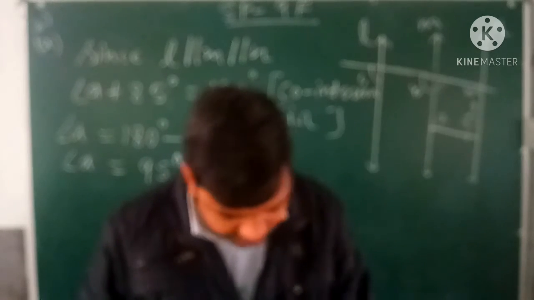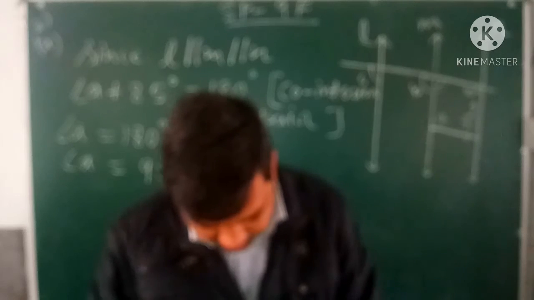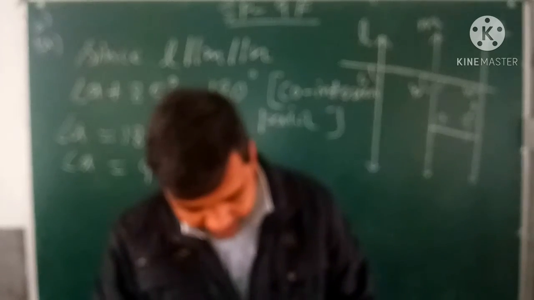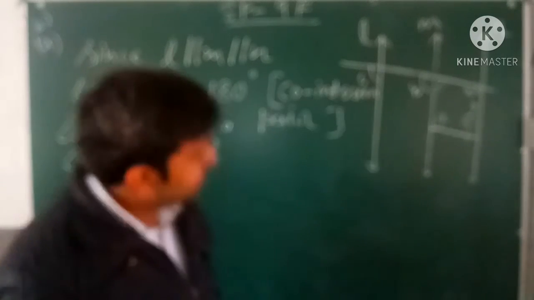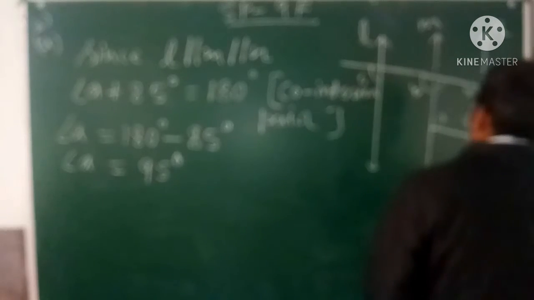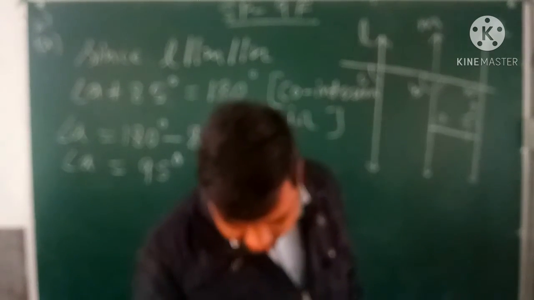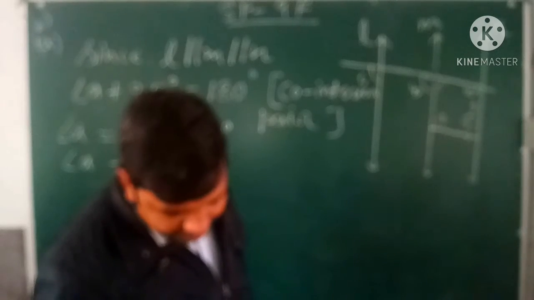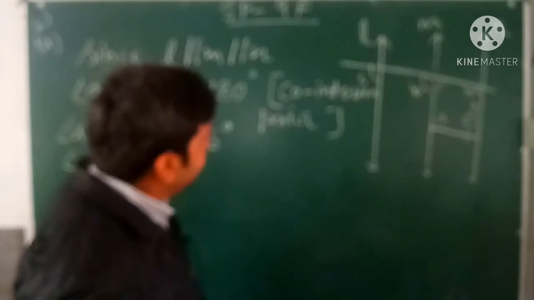So shall practice 9F, 2A. In this question you can see A 95 degree, B 95, C 95. All are 95 only. So B also 95 degree. Which are given in this, that two lines are also parallel, but here it is not marked properly. Then only it will be the 95 degree. Otherwise it will not be the 95 degree.